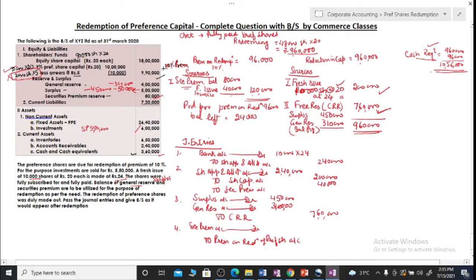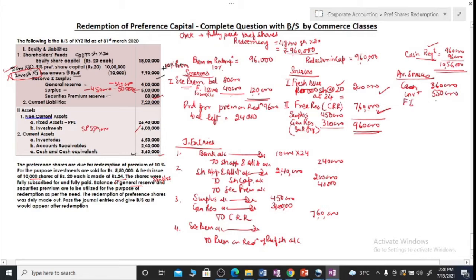Reason being that we do not need to identify bank loan because our question hasn't asked us to raise the loan. But we can prepare this note to find out the balance, or we can prepare cash book. So we'll look at the sources. So what do you have? You have cash and cash equivalents 3,60,000. You have investment of 5,50,000 being the selling price.